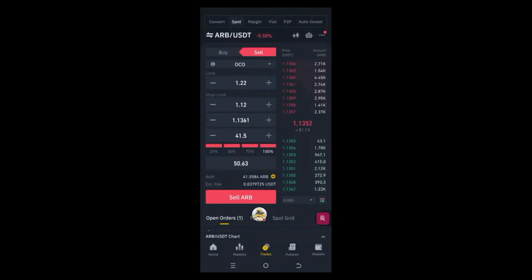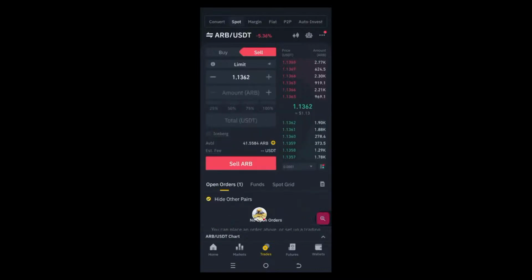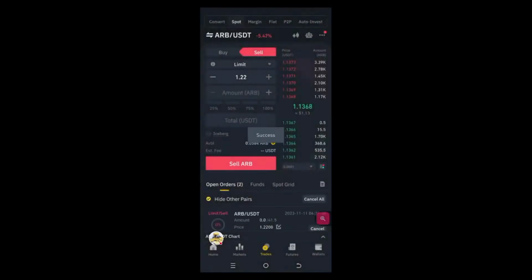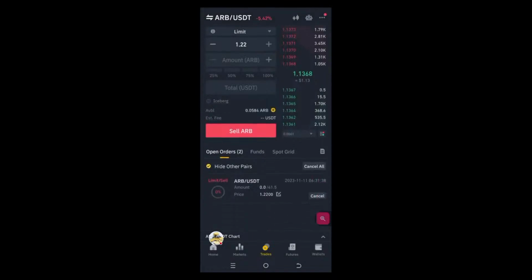That's the reason why I personally will not choose OCO, because I want to get the money, okay? I want the price to get to 1.22 and I get my profit out. Now, that's just the difference, right? Let me go to limit, because this is my absolute best. So for limit, I'm going to set the price I want. I've said I want it as 1.22 for now, because I want to get some minimal profit and I'll be out. Pick up the 100%, be okay with my 63 cents. That's like 1.3%, okay? And now if this takes me 1 day to get there, my money is still safe. It's not going to cancel. If it takes me 2 days